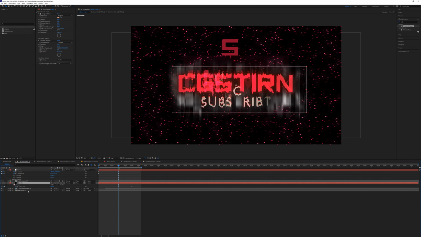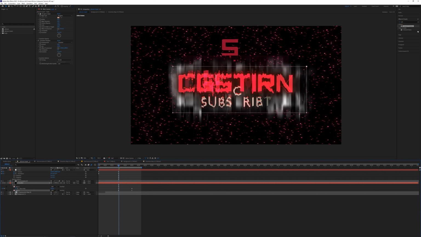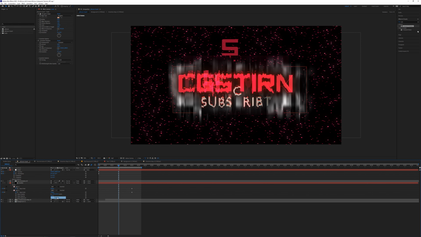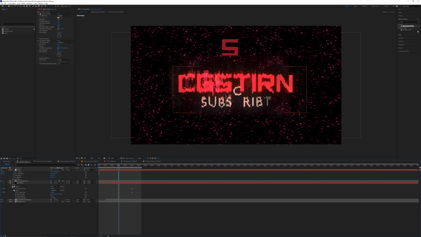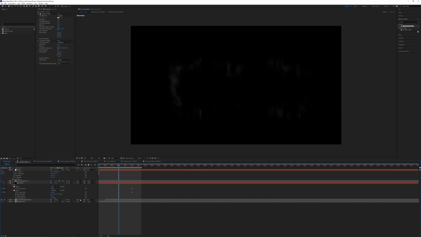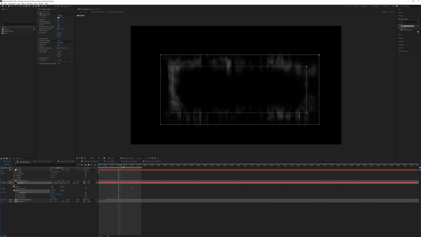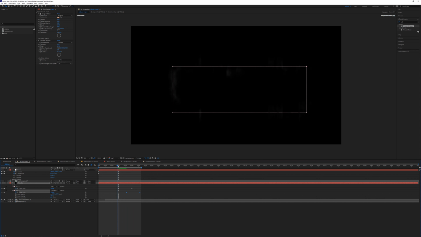Okay, so let's go back to this matte object, click M, select mask 1, and then click Control D to duplicate. And then on the second mask, what we're going to do is change it to subtract. So essentially what we did is just cancel everything out. So if we solo just this displacement map, now the whole thing is pretty much gone except for something around the edges. But what we want to do here is move these keyframes over so we get something that radiates out like this. And then for this center one, I'm just going to select these, and then on the first keyframe, scale these down so they kind of disappear, and then we get something like that.